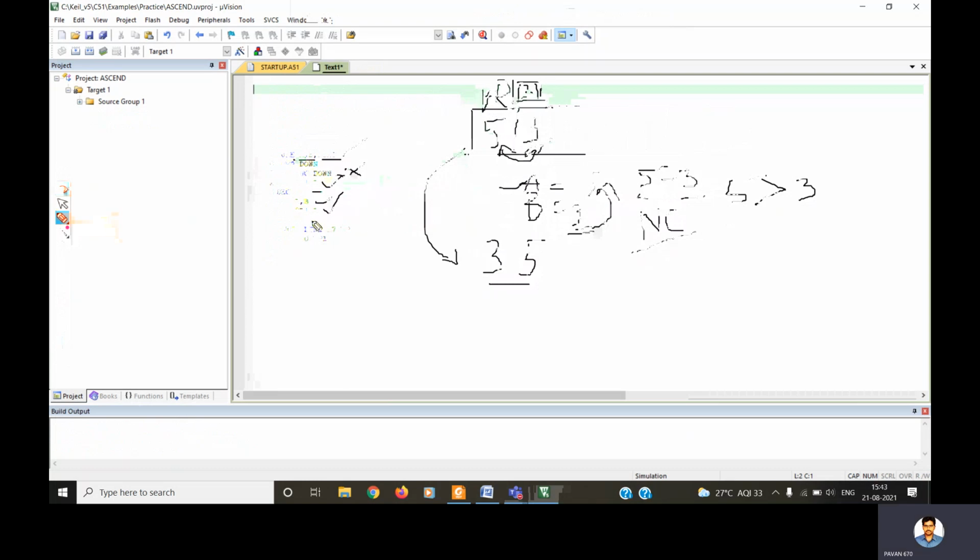Now what happens? Increment R1. So now R1's duty is completed here. Now we point to the next location so that we compare this value. Since it was the 31 location, now because of the increment R1 statement, R1 points to this location. And now it will compare these two values, 5 and 4.